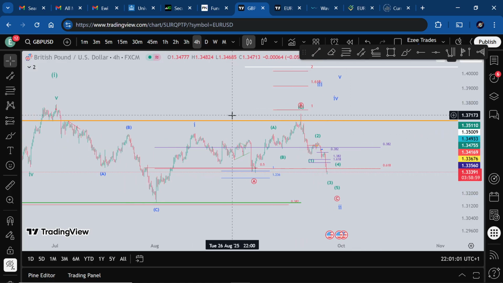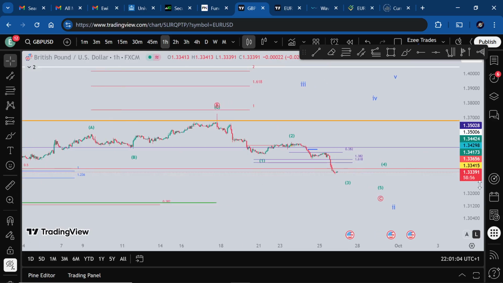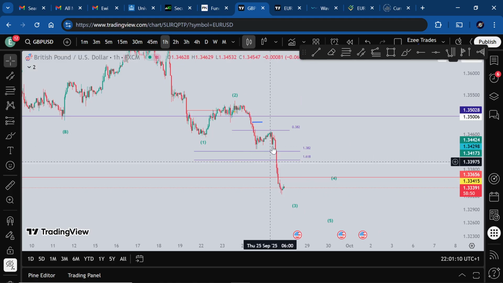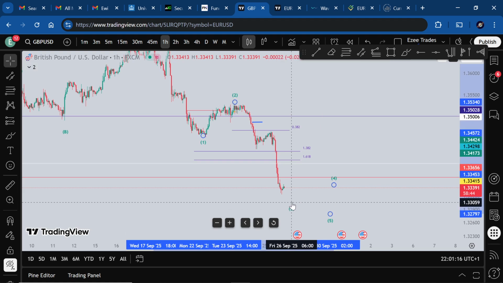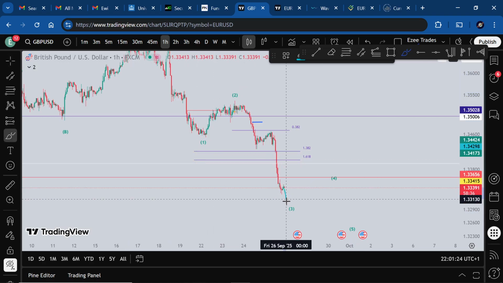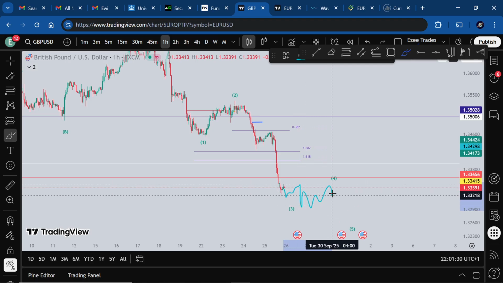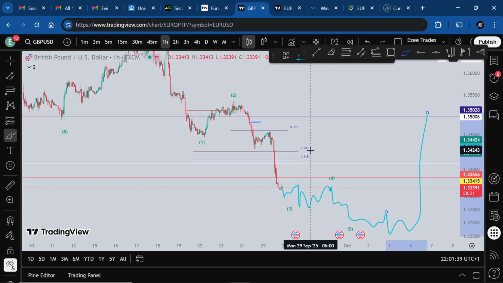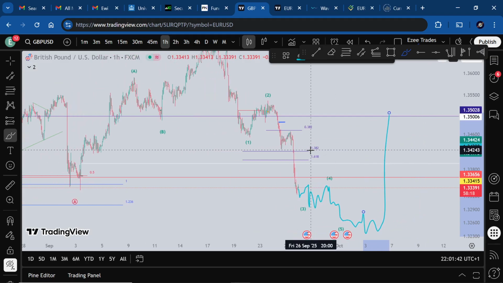We can go down to the hour, and I can put on the small account here. 1, 2, 3. This would be 1, 2, 3. Looking for 4, and then 5 to complete 3. Then you get 4 and then 5 in green. Okay, so price action's probably gonna be something like this. Give us our 3. Then we come back and get this 4. Then we distribute, come down and get 5, go sideways, form a W formation, and take it all the way back up. That's my view on